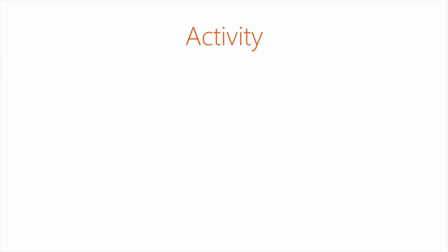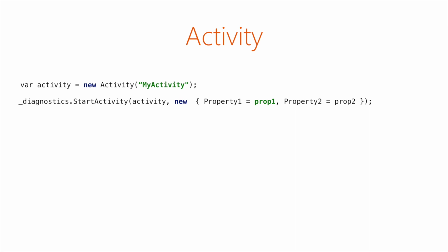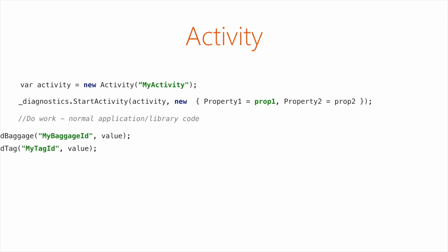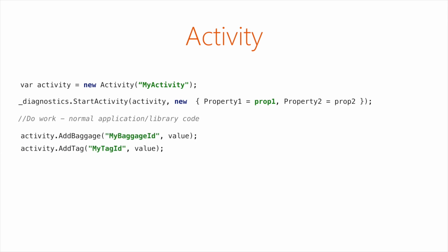Here's how this looks in code. First we create an activity called myActivity, then we start the activity. With this an ID will be created and additionally a diagnostic source event will be raised. Then typically in a real-world application or class library, you will have some logic that you would like to track with your activity. Then the next two lines show how to add an item to the baggage and the tag